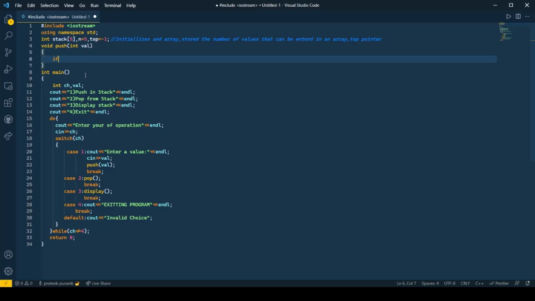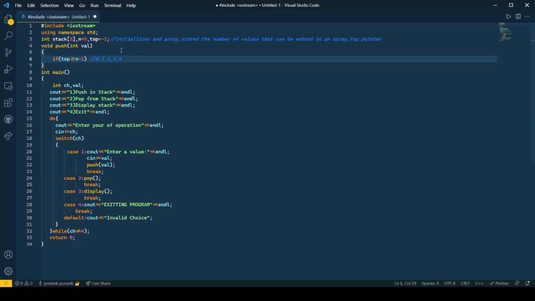First we'll need to check if the top pointer is pointing to a value which is greater than or equal to n minus 1. So n minus 1 would indicate the top value of the array. In case of an array of size 5, the indexes would be 0, 1, 2, 3, 4 in order to store the 5 values.